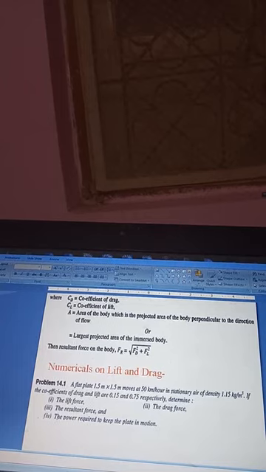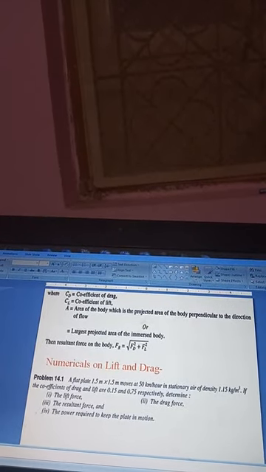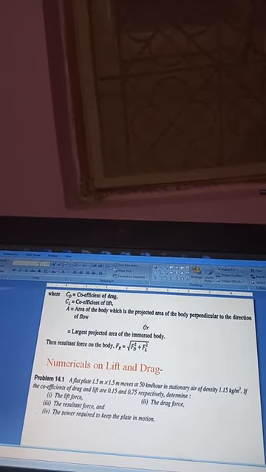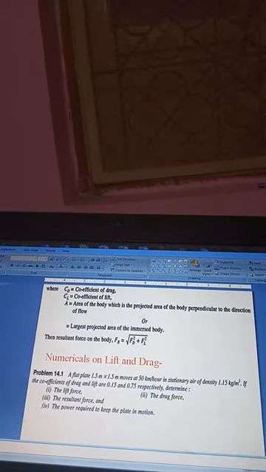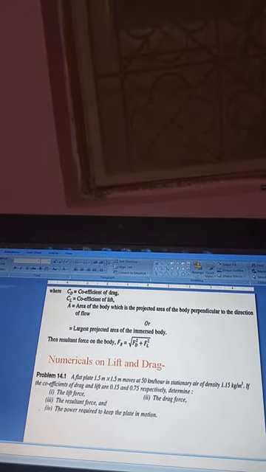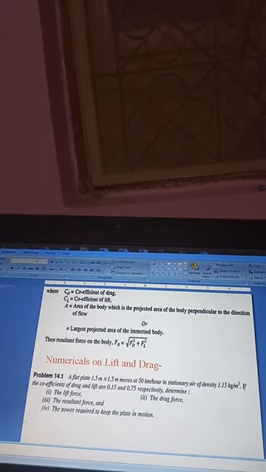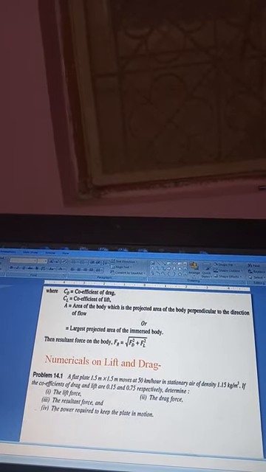In that, the area of the plate is given, and the velocity of the plate is given. Now in this case, the fluid is not moving, the plate is moving. It is either or: either the body will move and the fluid will be stationary, or in some numericals the fluid will move and the body will be stationary. But there is not much effect, because according to Newton's third law, both are exerting force on each other. So no problem in that. Whatever is the moving body, you have to take as the velocity of that body. So let us solve this numerical.